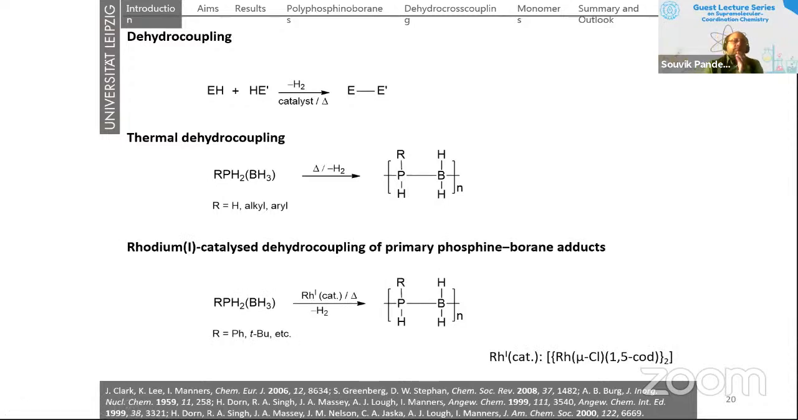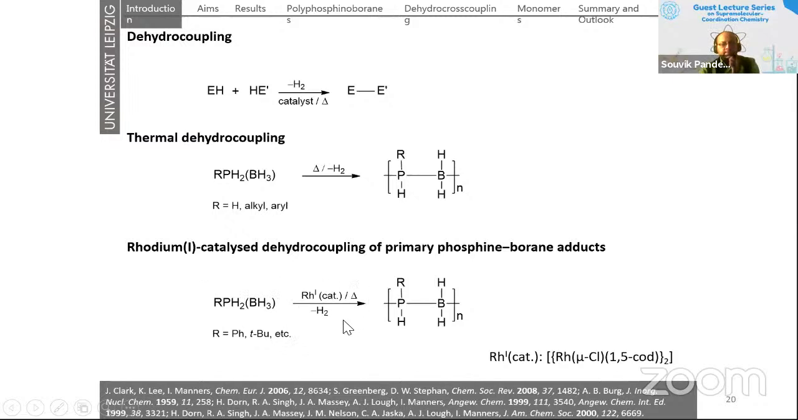And in this case, rhodium catalyzed dehydrocoupling was introduced by Professor Ian Manners in around the 1990s. This kind of polymerization already started around 1955, 1960. Okay, 56, 58, 60, like this. The United States Army started research on this. But later on, around 1990, Professor Ian Manners of the University of Bristol,